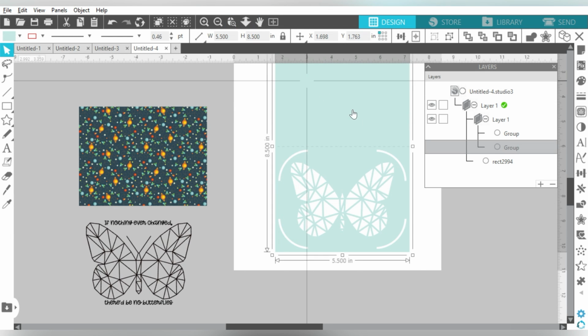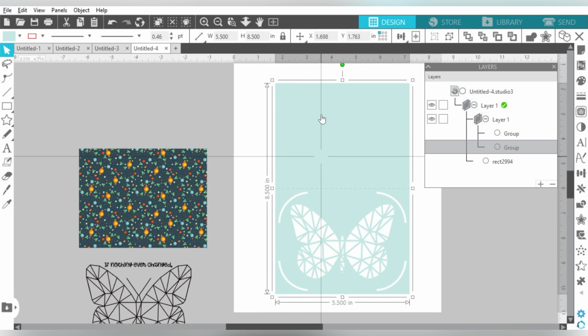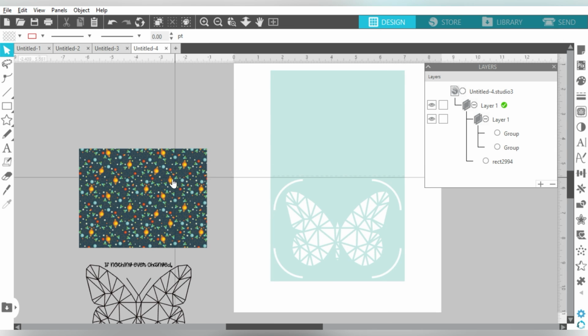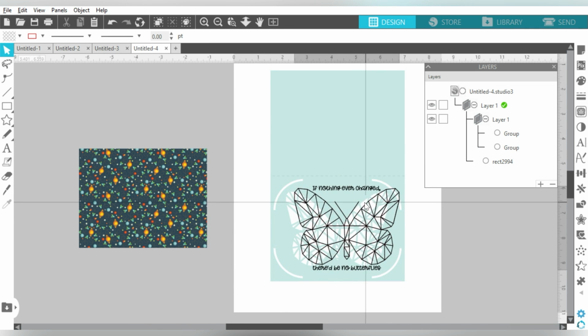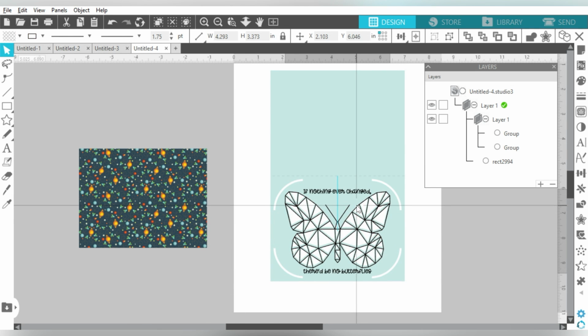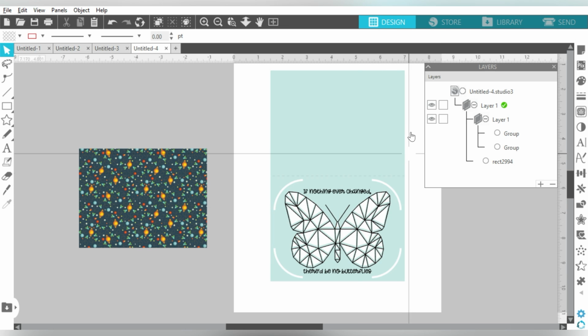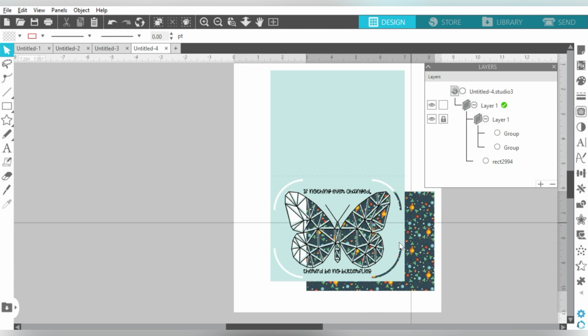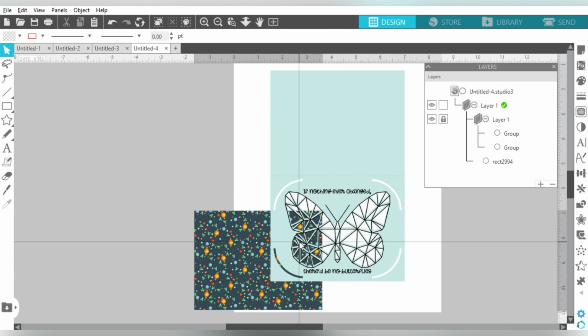Another thing that you can do, this is really helpful when you're working with a design. Maybe you're designing your own files. And have you ever tried to move something, but yet you keep grabbing the wrong part of the design and it keeps moving out of the way? You can actually lock that. So if I were to lock this layer, then I would be able to move the rectangle wherever I needed to move it, but I actually cannot grab or move the card itself, okay?